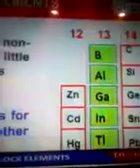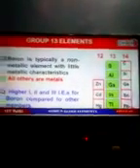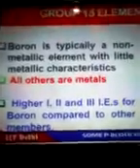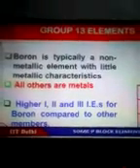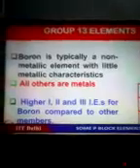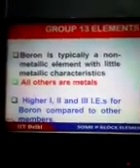Let us discuss one group at a time. To begin with, let's start discussing the chemistry of P block elements such as group 13. In group 13, we have boron, which is typically a non-metallic element with little metallic characteristics, and the rest, aluminum, gallium, indium and thallium, all are metals, and all group 13 elements show slightly higher